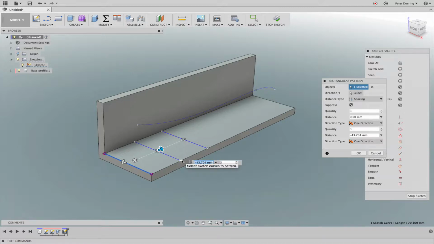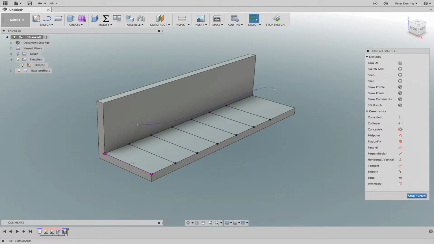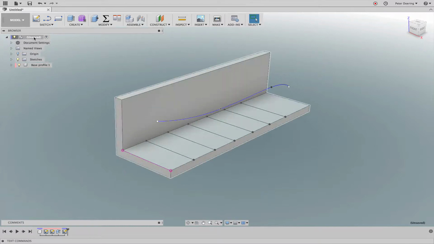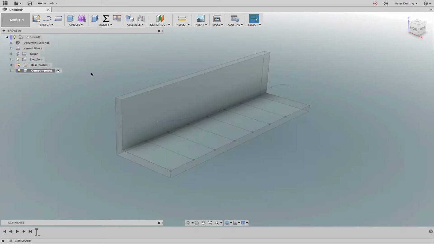So let's say maybe 35 millimeters, minus 35 millimeters. Give that a few more instances. There we go. So the next step is to create a new component that will hold a particular frame,